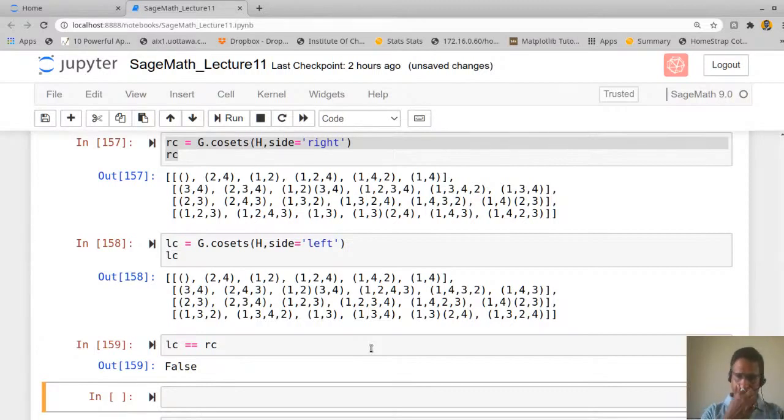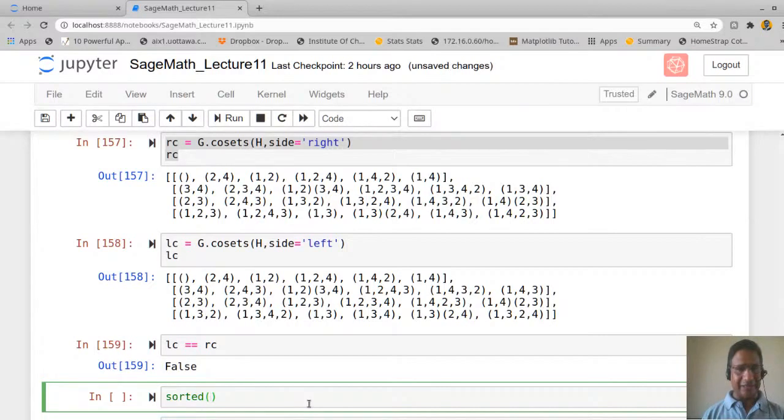In this case it may be false, but actually these are two lists, and it doesn't know the order in which the elements are written. So Sage also has a way to sort these elements in some particular order, so that comparing will be easier. Let us sort each element in this.